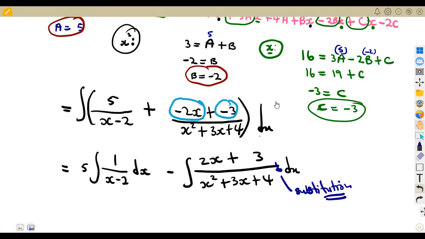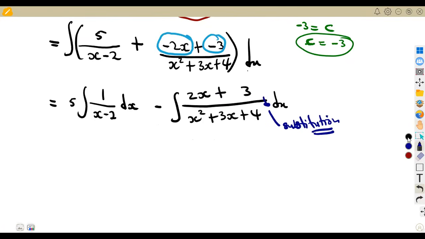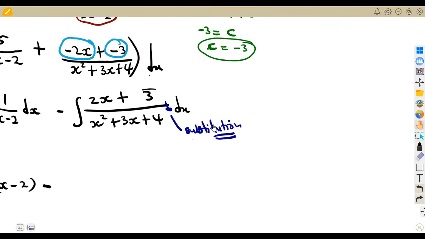So let us integrate the first part. You're going to integrate 5. Remember at this part, guys, we talked about this. So this will be a ln. So it will be ln of x minus 2. And the derivative here is a 1, so it's not going to affect anything. All right, minus. Okay. Like I said, here we can use the substitution method by letting u be equal to